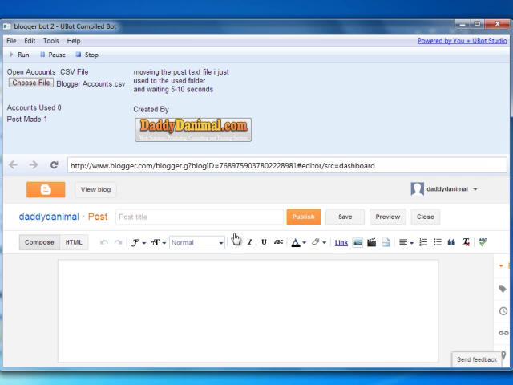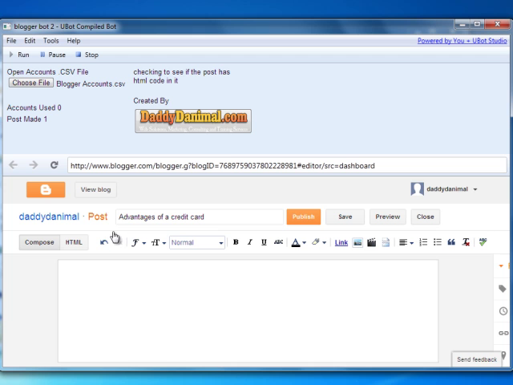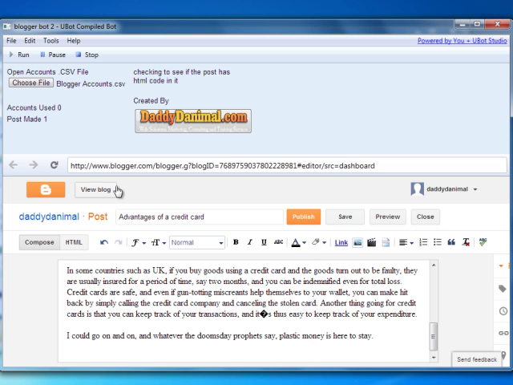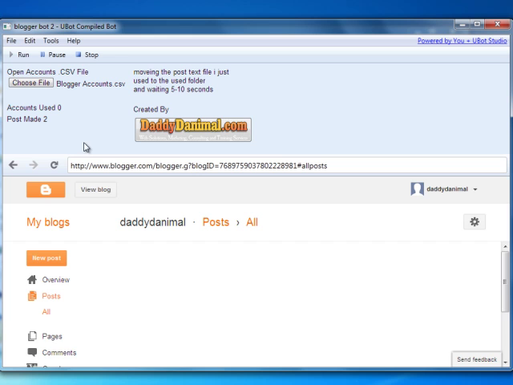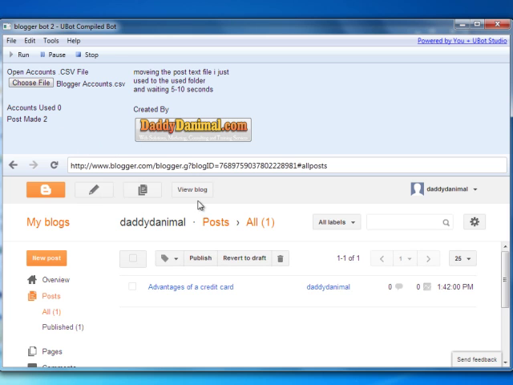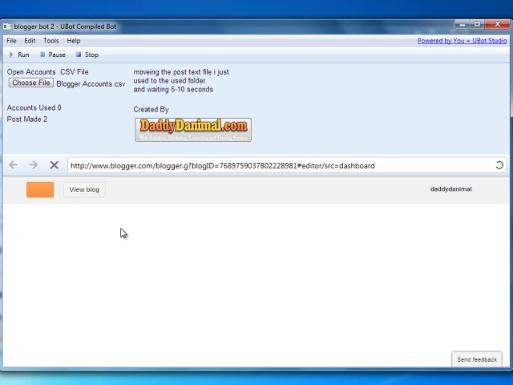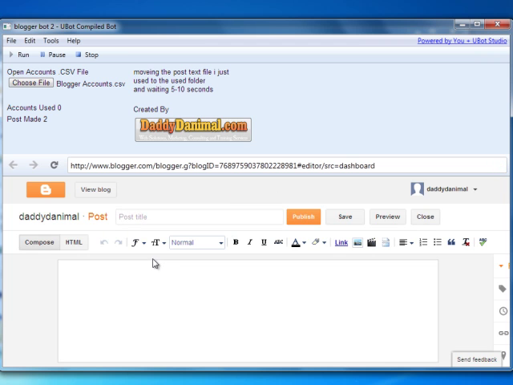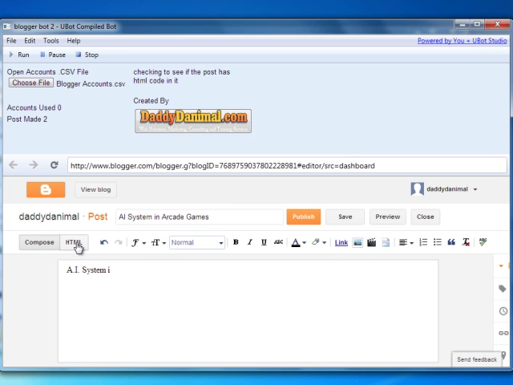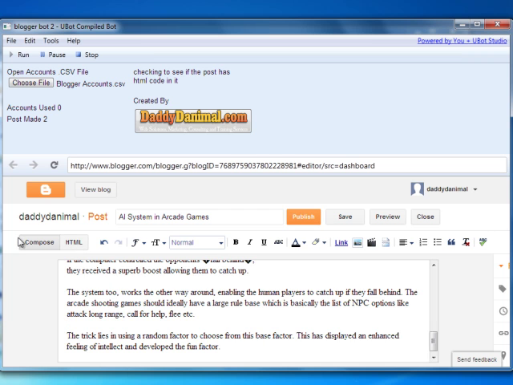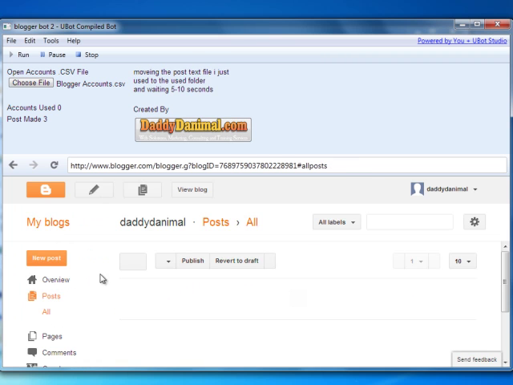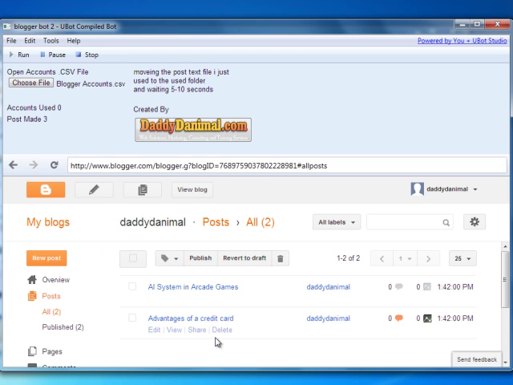There's an error there. Blogger's a little laggy. Anyways, what it'll do is scan the content of the post and see if there's any common HTML writing in it, and if so, then it will click the HTML post tag and actually post it in there. So if you have a text file that's HTML, it would detect that and actually post it as